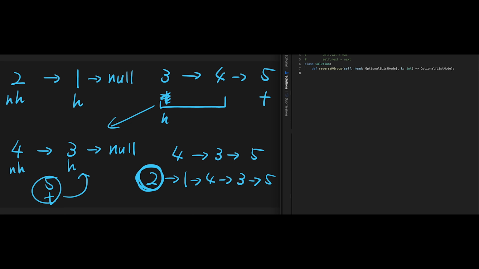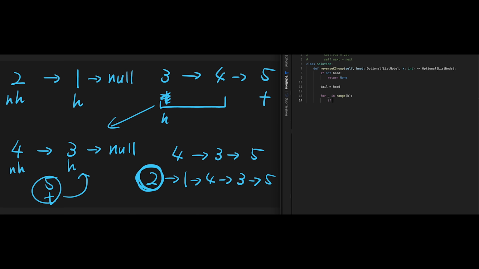Okay, let's write the code. First of all, if not head, just return None. After that, we move K steps from head. So let's say tail equal head. And then for underscore in range K times,